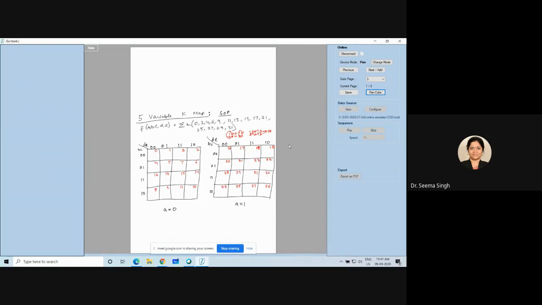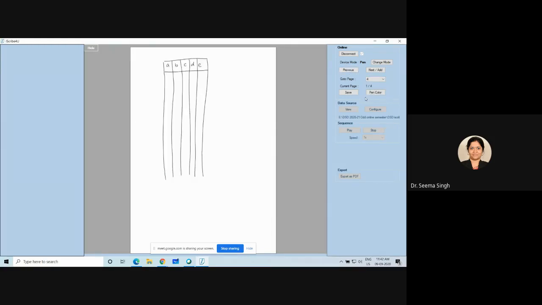Is the K map construction clear to all of you? Yes, ma'am. Because 5 variable means it should range from 0 to 31, and this is how I have named it. Now I will show you this.